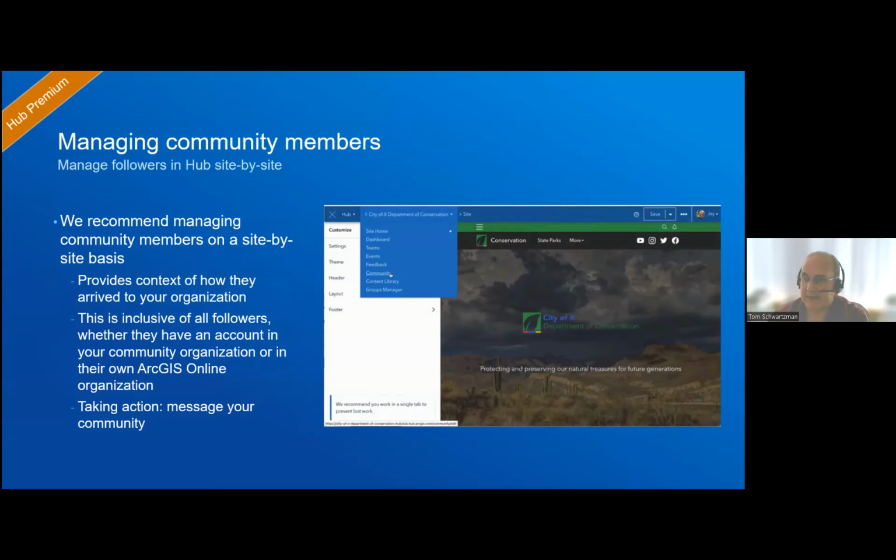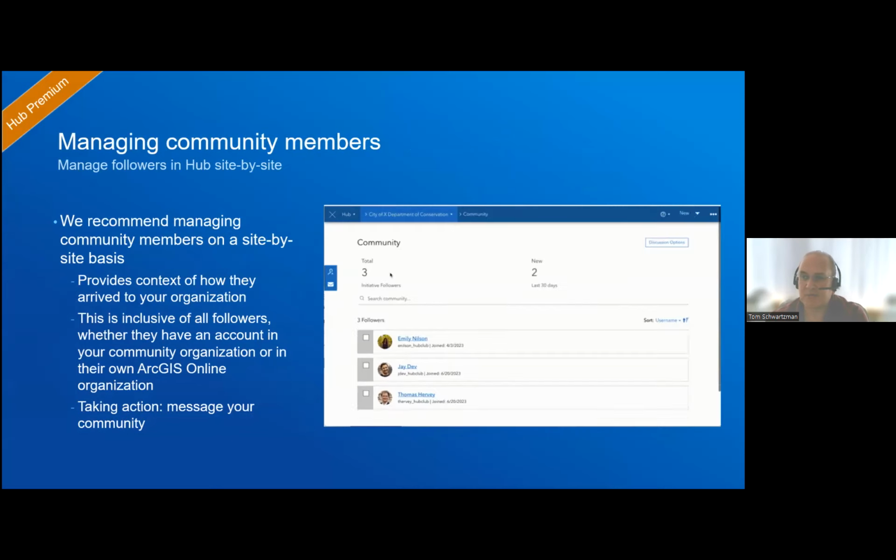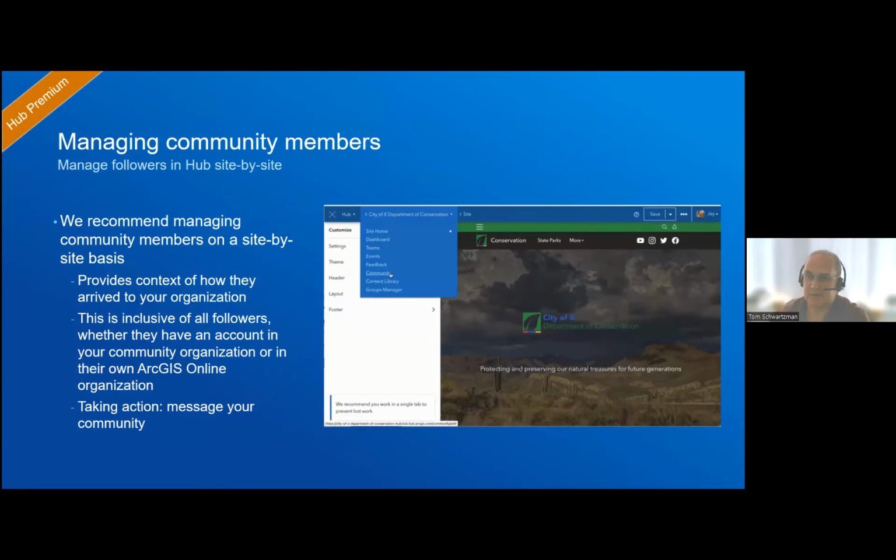And we typically like to manage any users in that community org. You can just go directly to that community org and log in because it's just another ArcGIS Online org, but better maybe to manage those community members within the initiatives that they're a part of, because it lets you do things like message all the people who are following an initiative, or build teams around a particular initiative, or give different people access to different parts of an initiative, different pages and things like that we'll see inside an initiative.